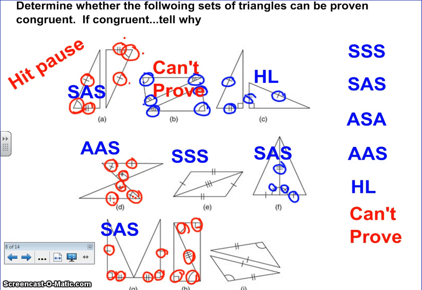Is that one of them? Yes, it is. And the last one, we've got angle, side, side. So we look up there and see if we see an angle, side, side. I don't see angle, side, side. The angle is not in between the two sides. So this is another one that we can't prove. So moving on,